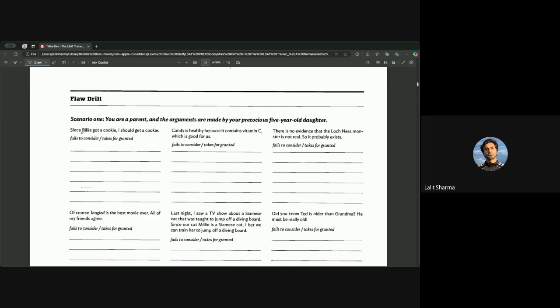Got it. Okay. So since Billy got a cookie, I should get a cookie. So what do you think this person fails to consider? And what do we call fails to consider again? Forgets about. So forgets about that maybe she shouldn't get a cookie. Yeah, about the fact or the possibility that. I think I want you to change it a little bit. Forgets about the possibility that she